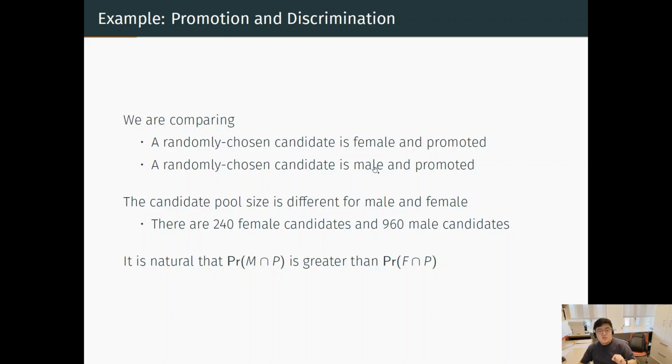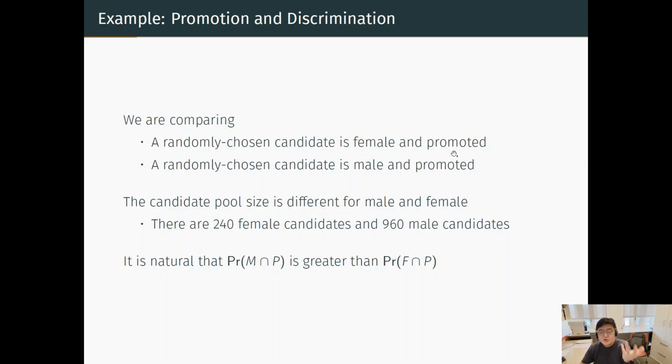You randomly choose a candidate for promotion, and if he or she is female and promoted, you count F intersection P, and male and promoted, M intersection P, right? Then the difference in their probability not only comes from it